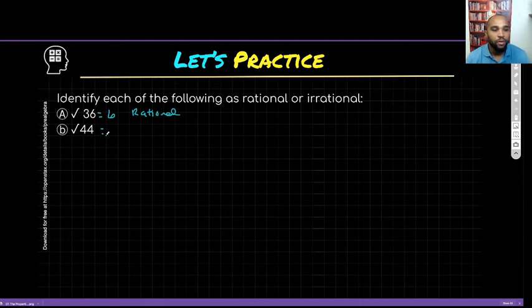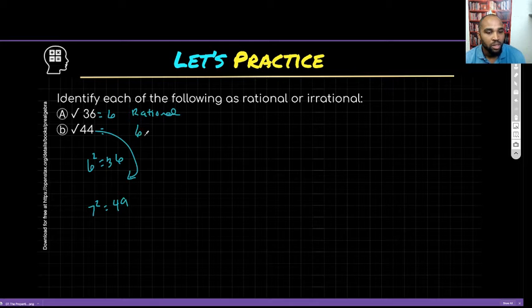Well, square root of 44 is an imperfect square because I know it's between 6 squared, which is 36, and 7 squared, which is 49. So it's somewhere in the middle between here. So it's going to be 6 point some number. And I'm pretty sure that number is not going to repeat, but you could always check it. So if I want to pull my calculator up here